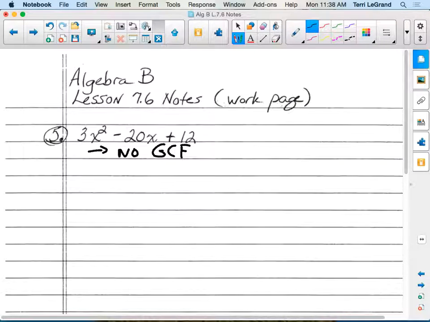But we don't get to stop there. Now we move on and say to ourselves, is it a 2-term, a 3-term, or a 4-term polynomial? 3-term. Okay, if it's a 3-term, we're going to look to see if it can be factored into 2 binomial factors, right? So let's write in our notes that we have a trinomial